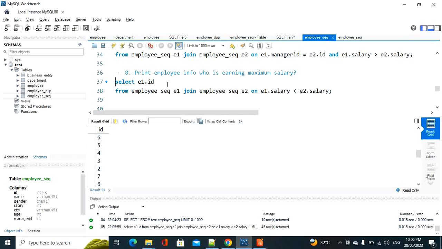Okay, so now I'm doing a NOT IN operator. What I'm going to do is select star from employee, employee_sequence, select star, where, let me give some alias name. I'm giving just E, and I'm printing E dot star, where E dot id not in